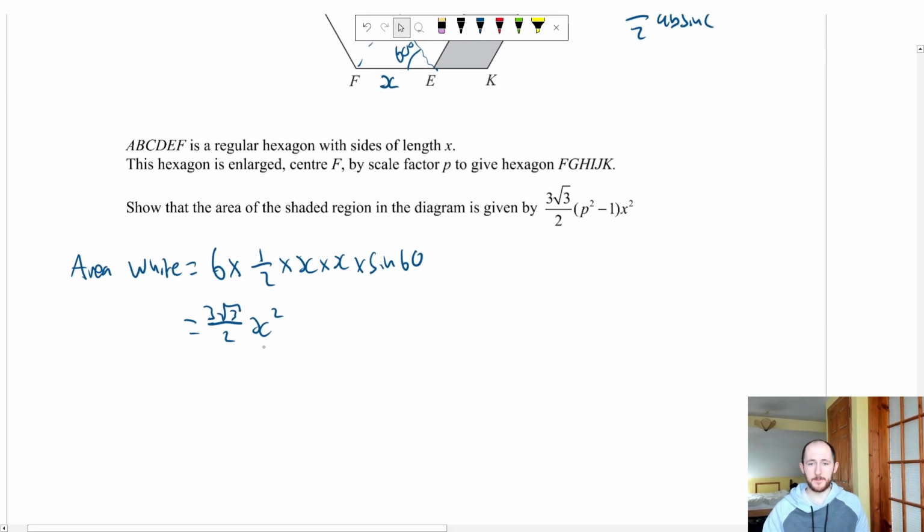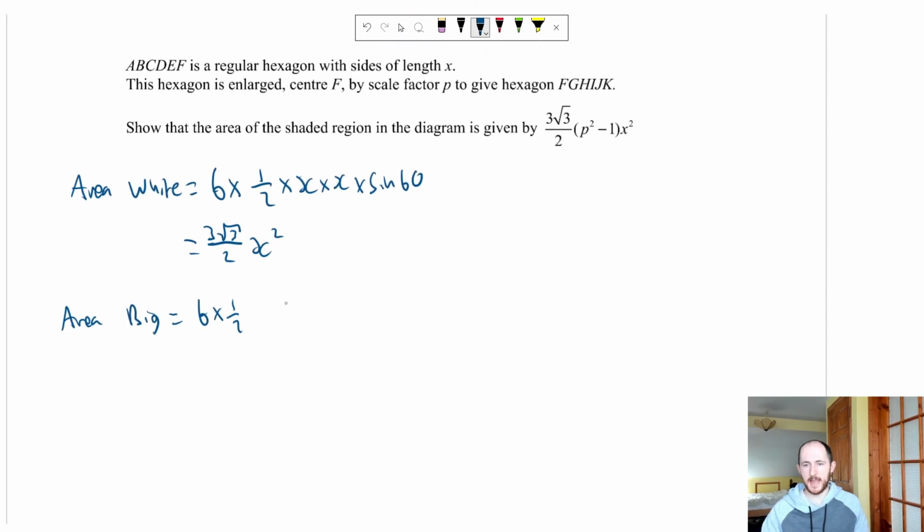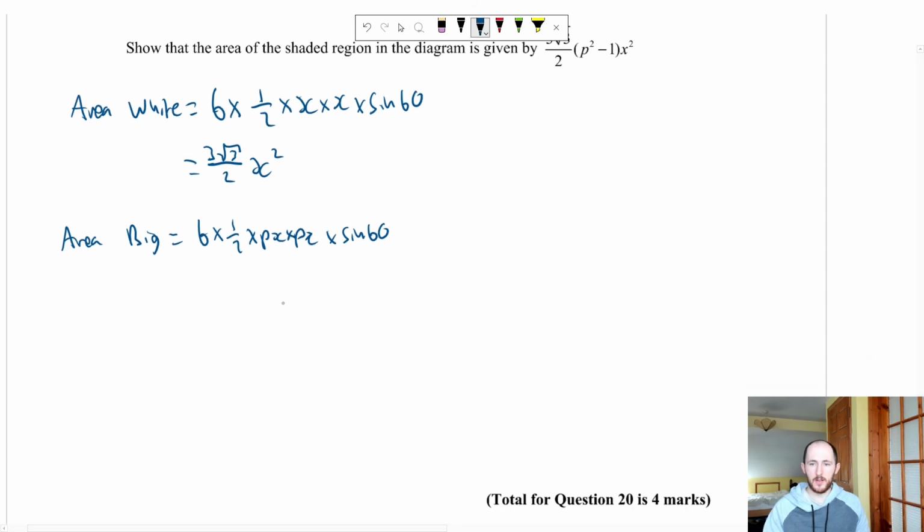Everything else is the same. So the area of, I'm just going to call it area of big, is still going to be 6 times a half, but instead of x we're going to write px, and we're still going to have sine 60. So that's going to equal the same thing again, 3 root 3 over 2